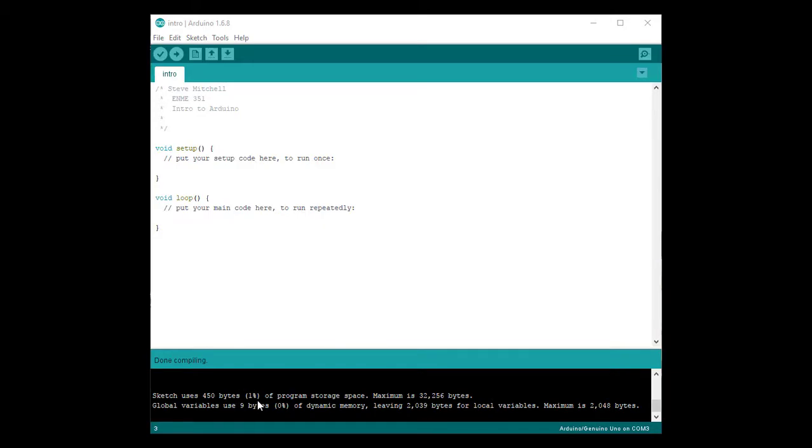So I'm using really 1% of the available storage space. Now, all this is telling me at this point is that I've finished compiling my sketch with no compiling errors. I haven't actually uploaded my code to the Arduino yet. But you'll notice there were no